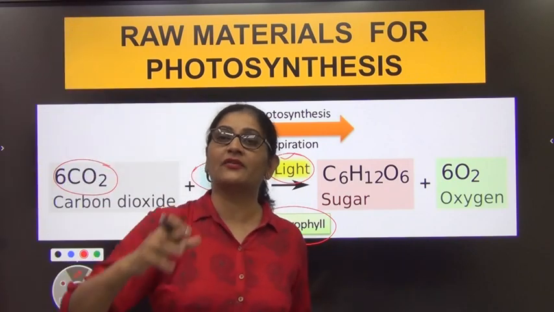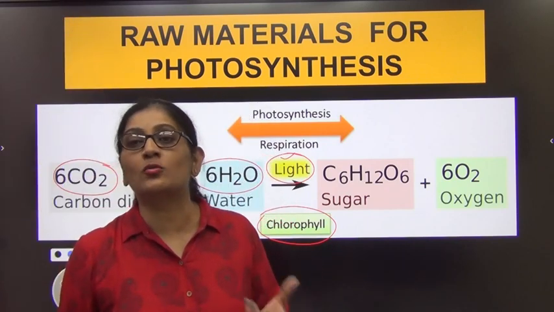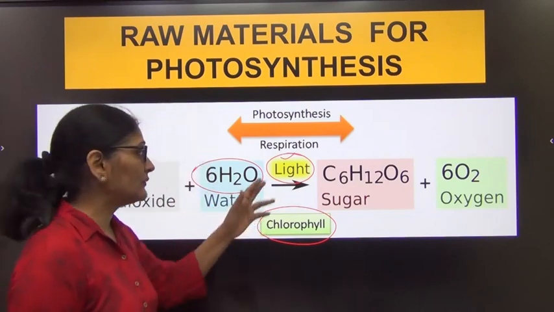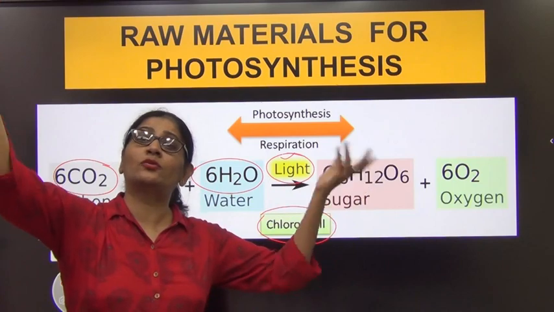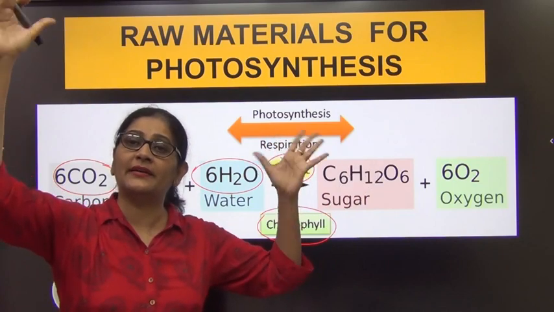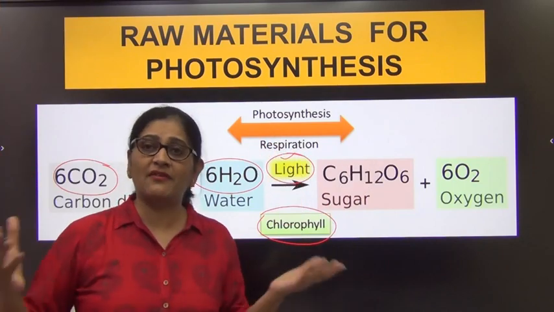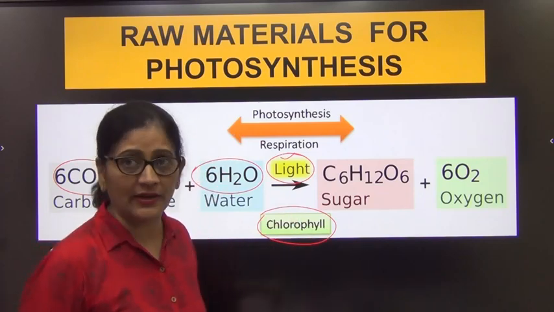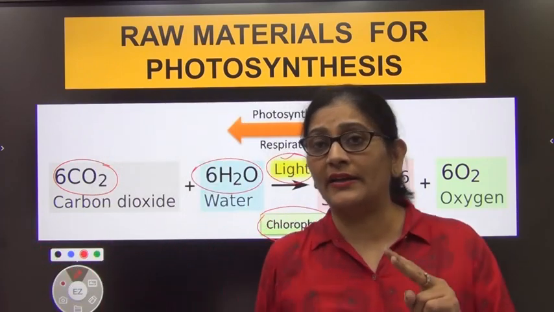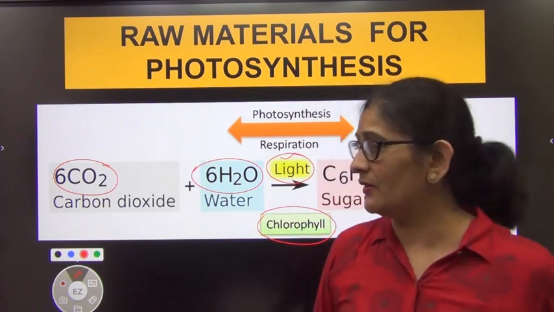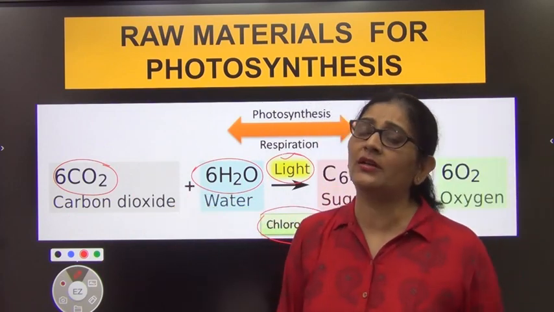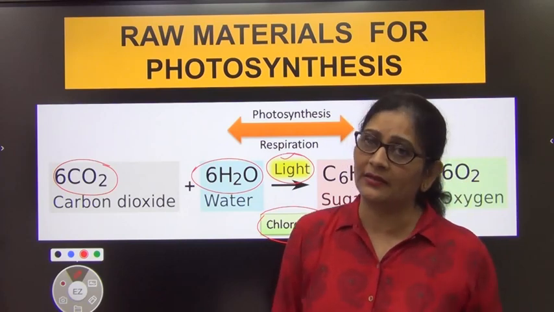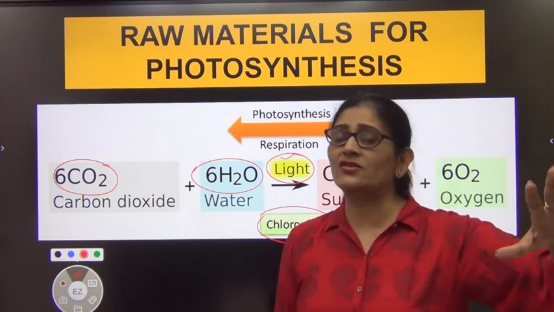Carbon dioxide we take from air through a structure called stomata. Okay? Water we take from the soil. Light is abundant. Sunlight is free and it is abundant. Chlorophyll I have in abundance. There is a lot of chlorophyll in my leaf, so that is not at all a problem, right? So mainly you have to study 2 factors in detail. One is carbon dioxide, and that too not carbon dioxide itself, but the structure through which the carbon dioxide is taken, that is stomata. That's abundant in the air. That is also not a problem.